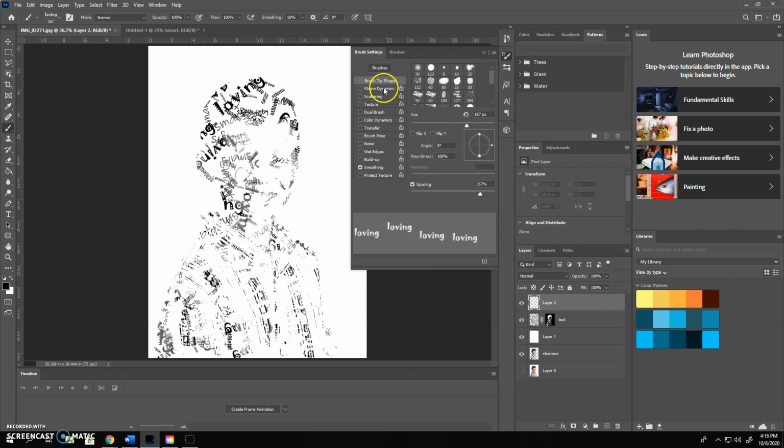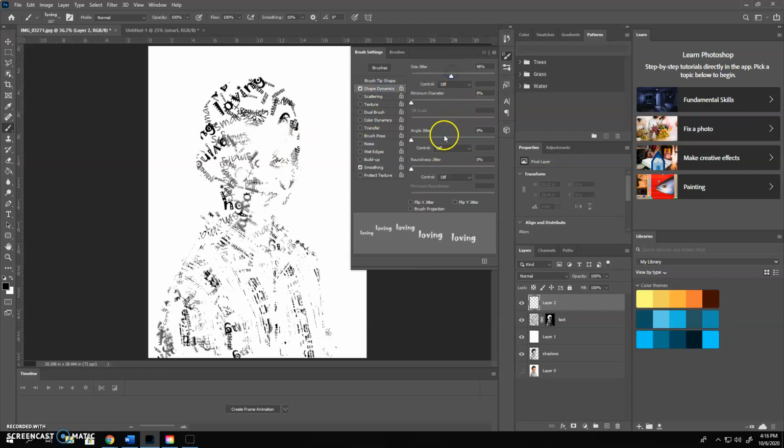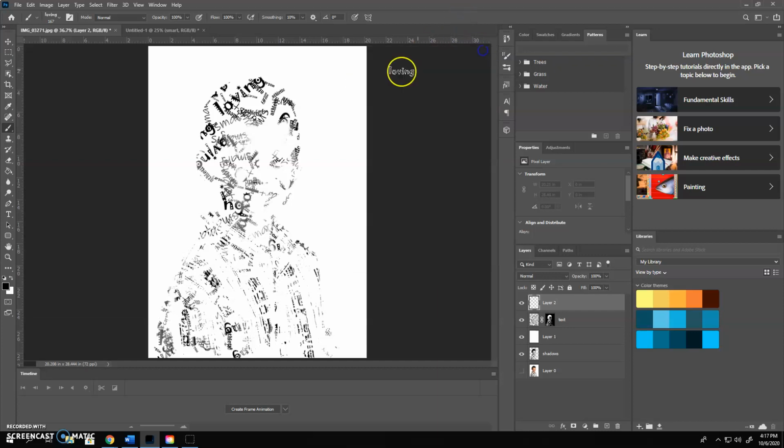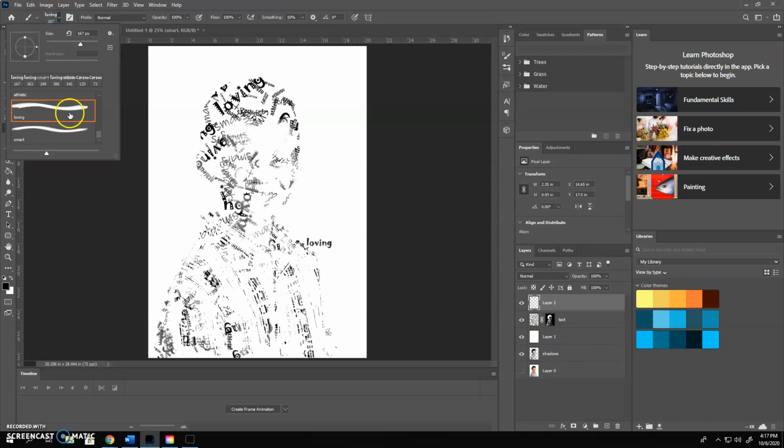There we go. And then shape dynamics. I'm actually probably only going to do single click, so I'm going to undo shape dynamics here. And I'm going to do a loving right about there. I'm going to go and do his name